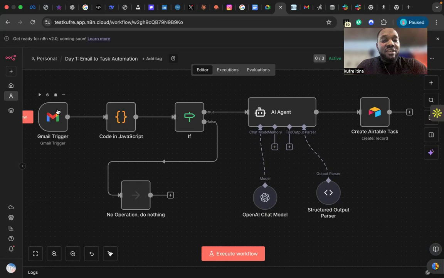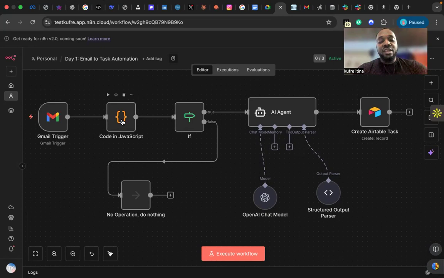So let's go ahead. This is the Gmail trigger. For every time I star a message, bam, the workflow automatically wakes up, like it's been waiting for me to prompt it. And then the email gets the information and passes it down to the next node you're seeing here. The second node is the Code in JavaScript.